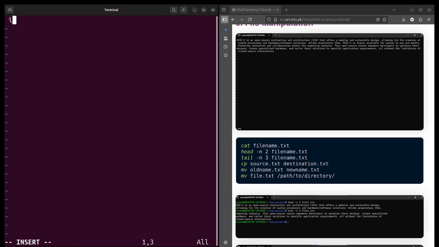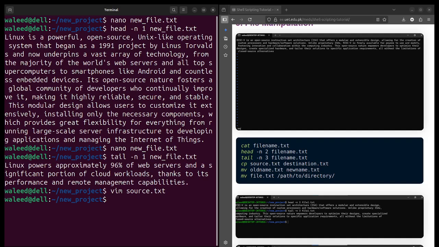So let's write its data as "to be moved to destination". And now let's make an empty file named destination.txt. Now it's an empty file, it has no data, while source has data.